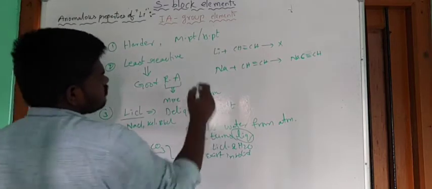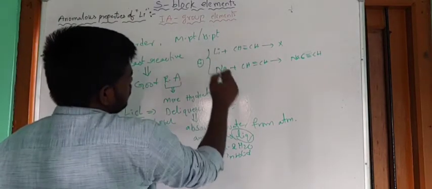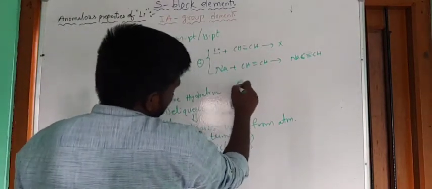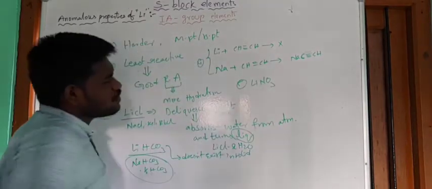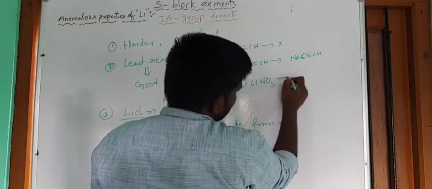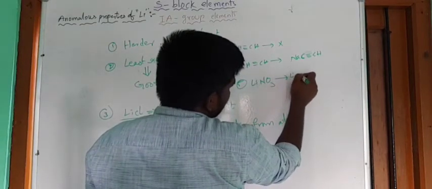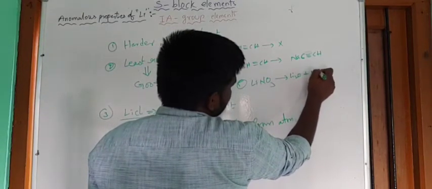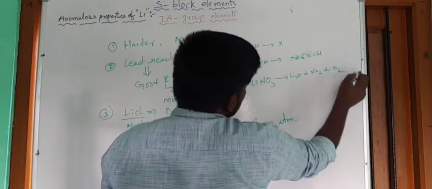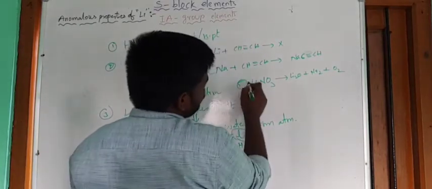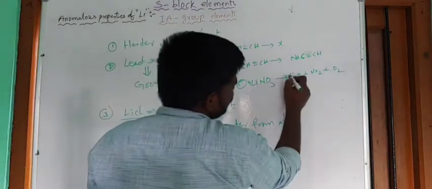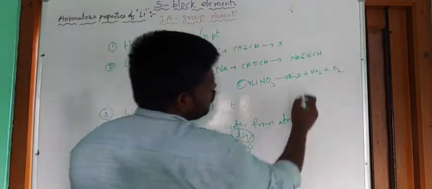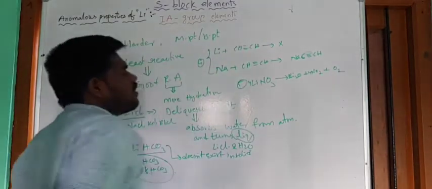Right. And the next one, this is the fourth one. And the next, fifth one, lithium nitrate, LiNO3. This one decomposes to give Li2O plus NO2 gas, and the next one, oxygen gas. 4 moles of LiNO3 decomposes to give 2 moles of Li2O and 4 moles of NO2 and 1 mole of